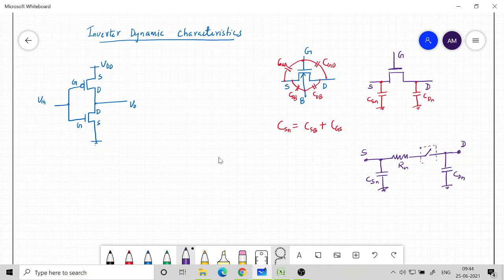by the gate voltage. Okay, so gate is somewhere here. So this is an equivalent model, very simplified model, but it is useful to estimate some of the time constants by which the dynamic characteristics can be specified. So similarly, we can also talk about the PMOS. So in a similar manner,